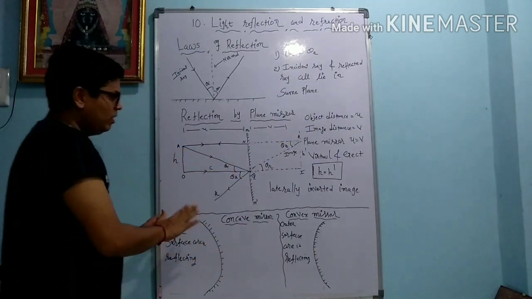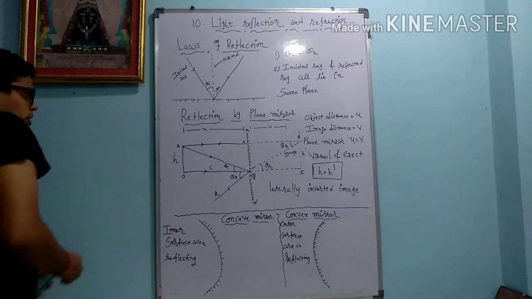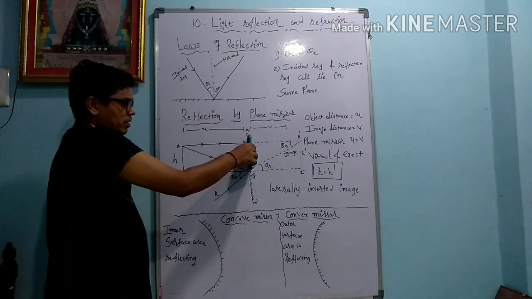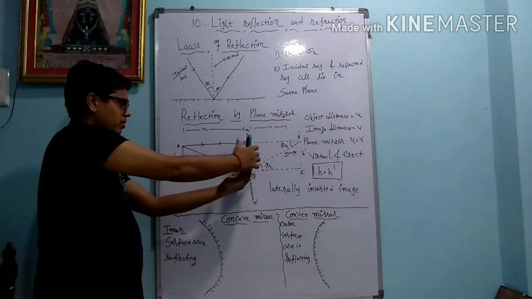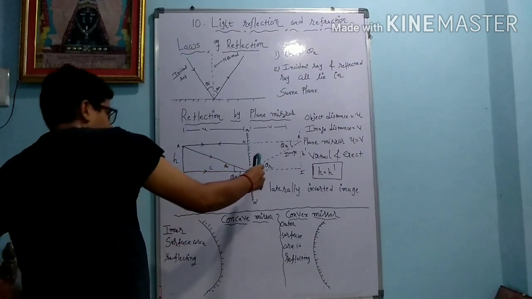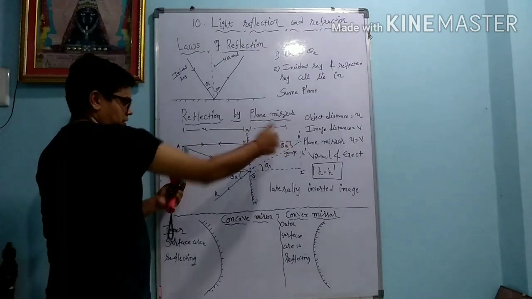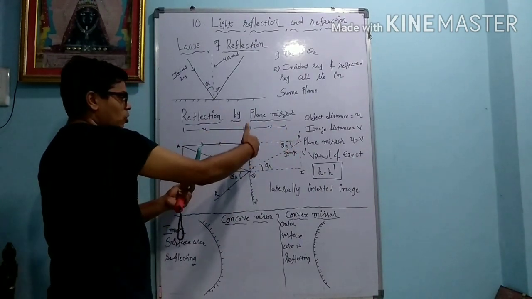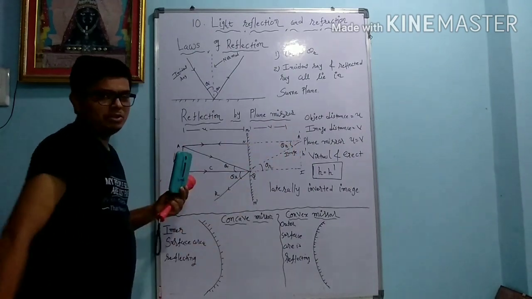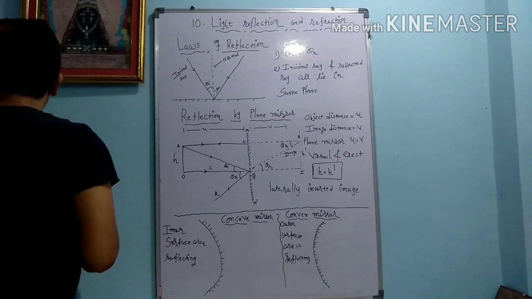Now we will do the same thing practically. I put the mirror here. In the mirror, one side is reflecting and the other side is opaque, and from the other side I apply the torch. If the rays meet after reflection, then a real image is obtained. But if the rays do not meet after reflection, then a virtual image is obtained. So we will prove how the virtual image is obtained.